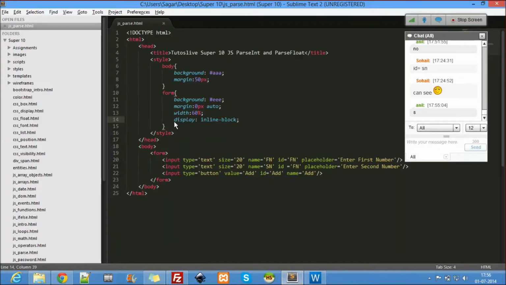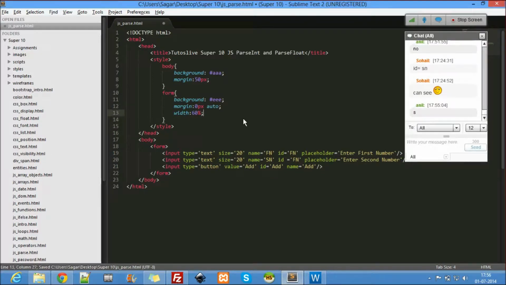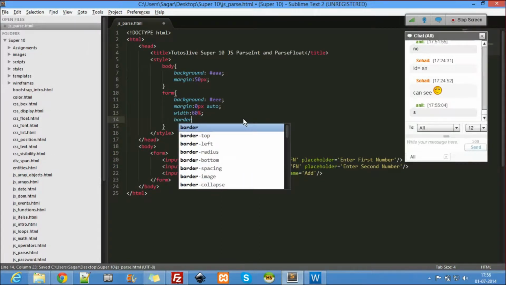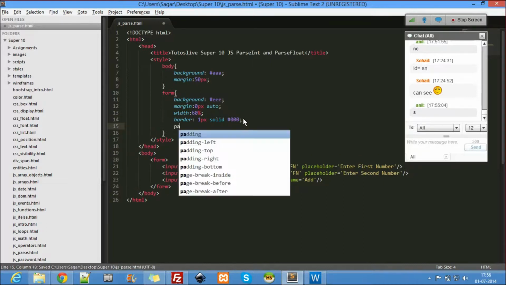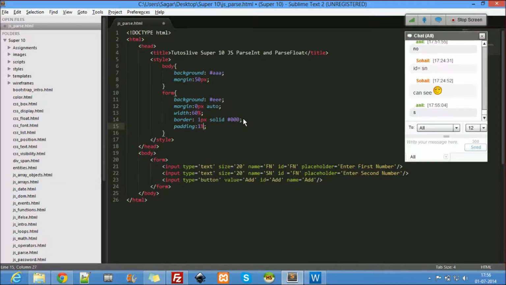Actually display inline block has, okay, no problem. Border 1 pixel, solid. Padding 1%.